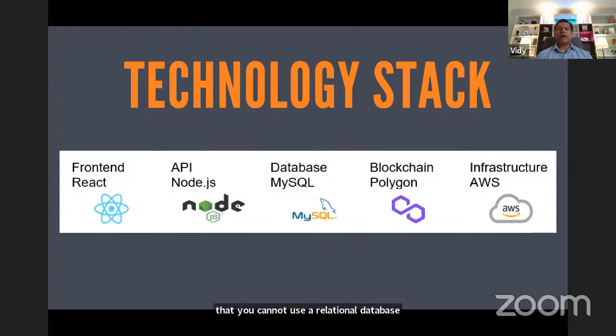And the way we used a relational database here was, see, every piece of information is not necessary to be recorded on the blockchain, right? Blockchain is very heavy in a sense. So the most relevant information that is required from an audit, transparency or traceability perspective, that information can be stored on the blockchain. So we did that. All the other information does not need to be on the blockchain, right?